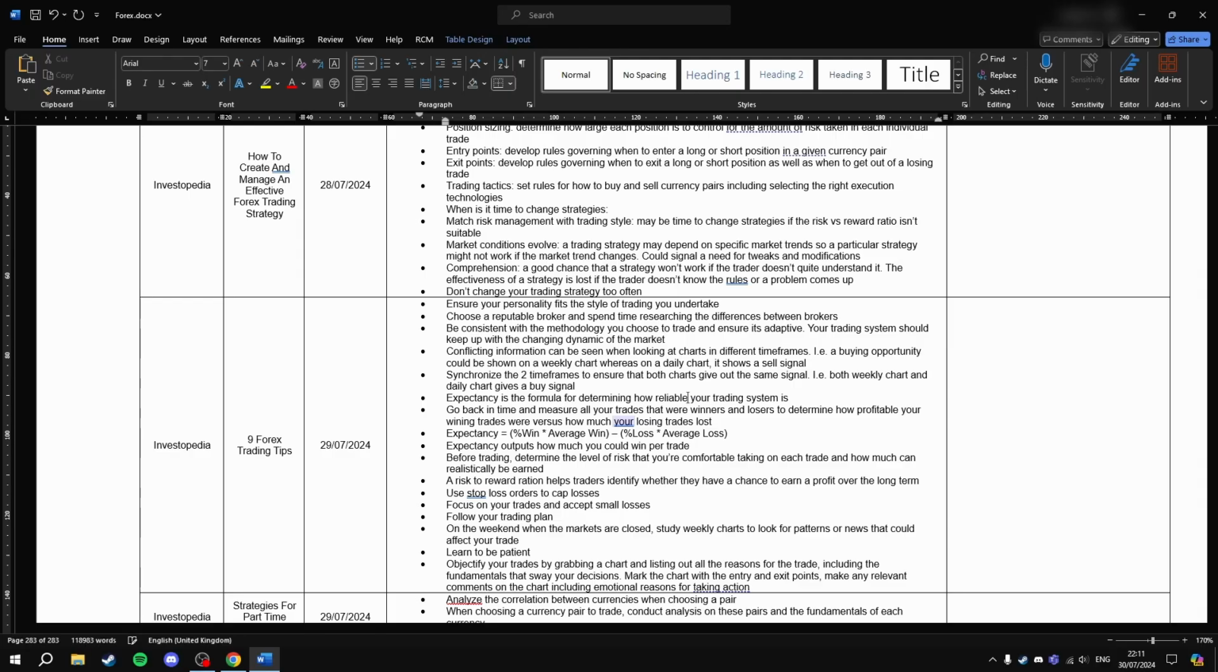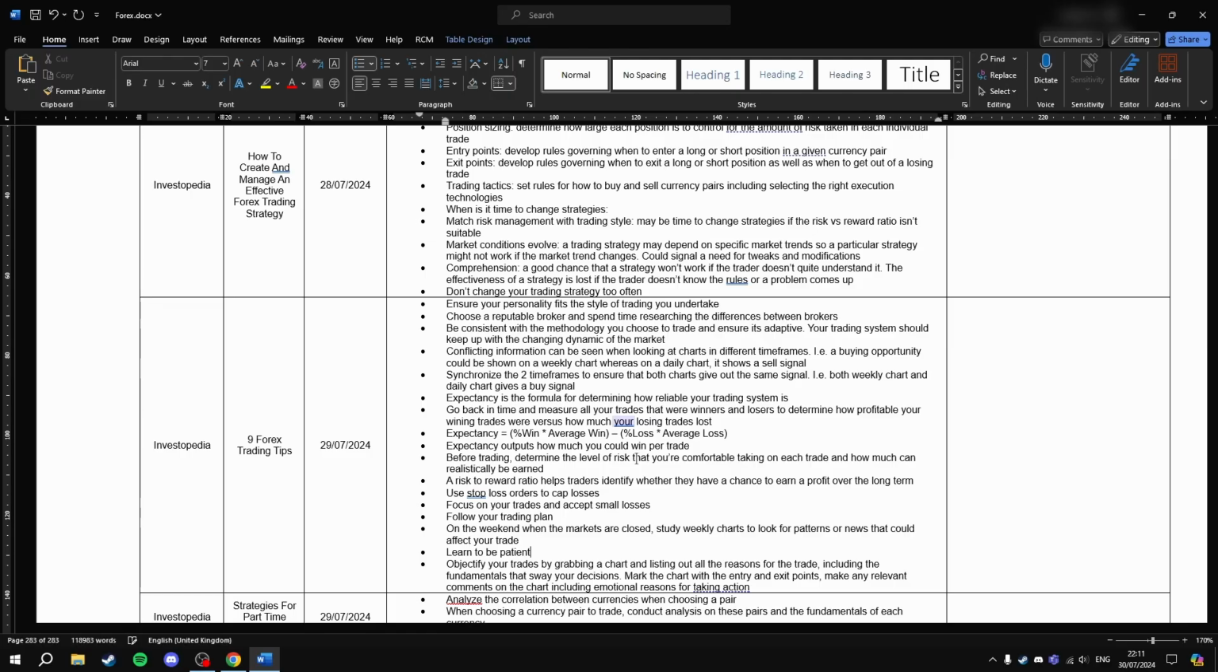Before trading, determine the level of risk that you're comfortable taking on each trade and how much can realistically be earned. A risk to reward ratio helps traders identify whether they have a chance to earn a profit over the long term. Use stop loss orders to cap losses, focus on your trades and accept small losses, follow your trading plan, and